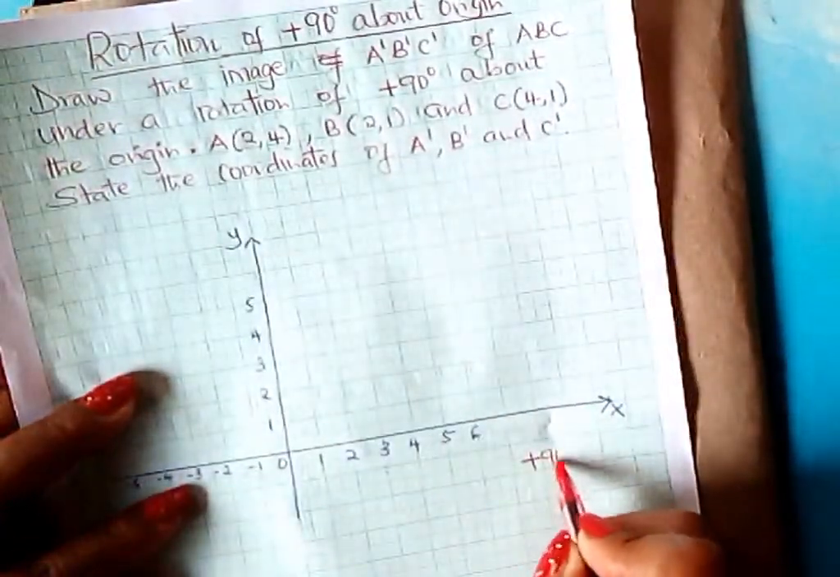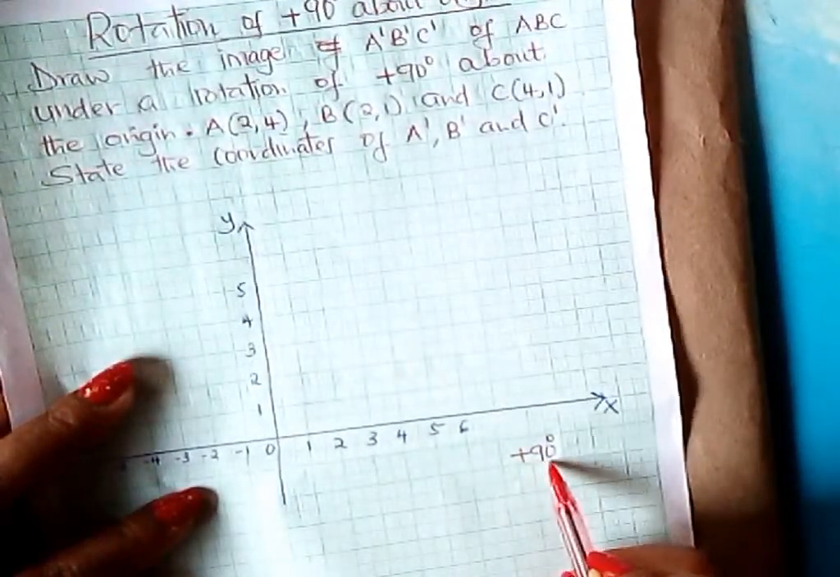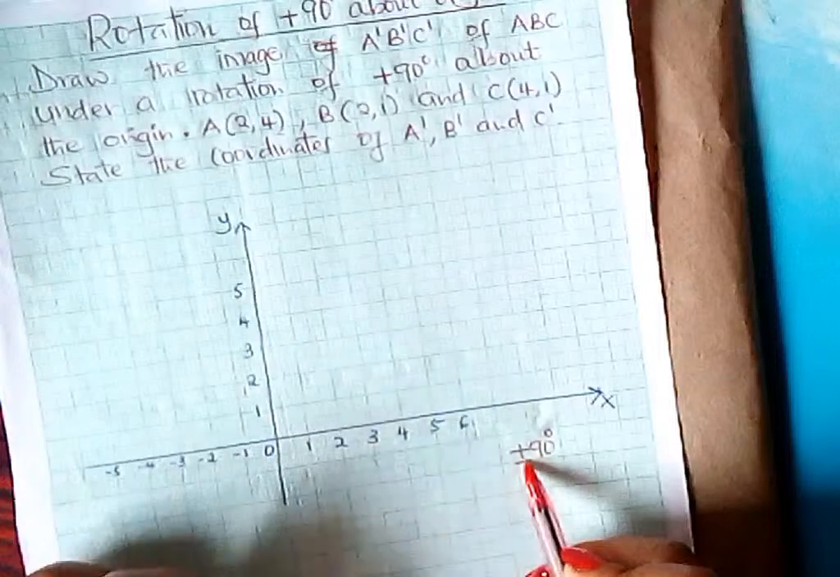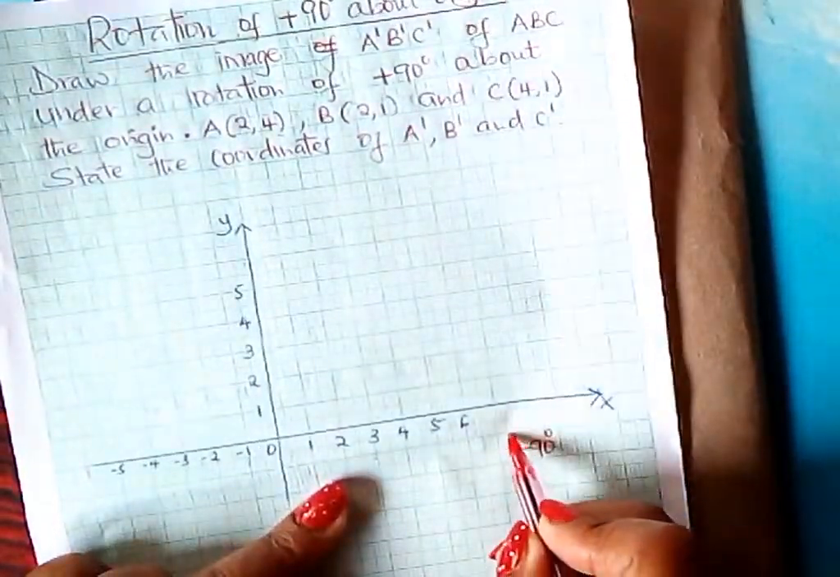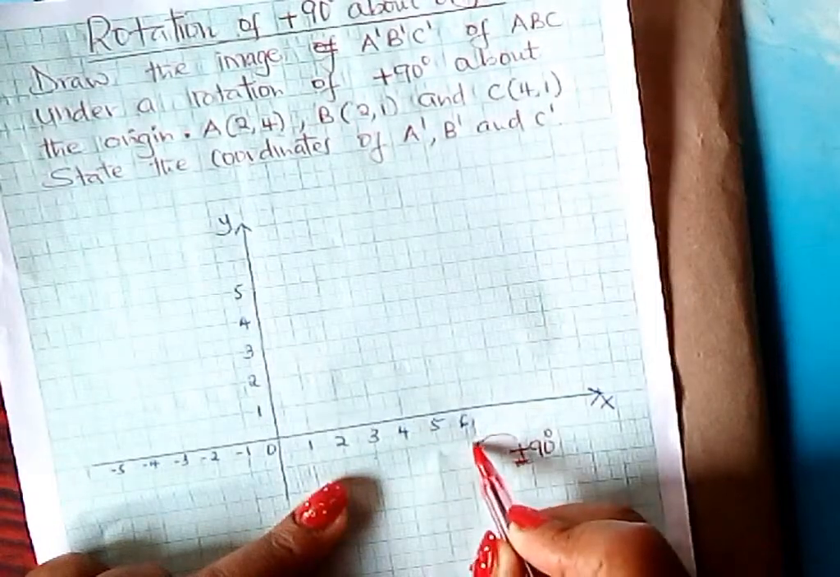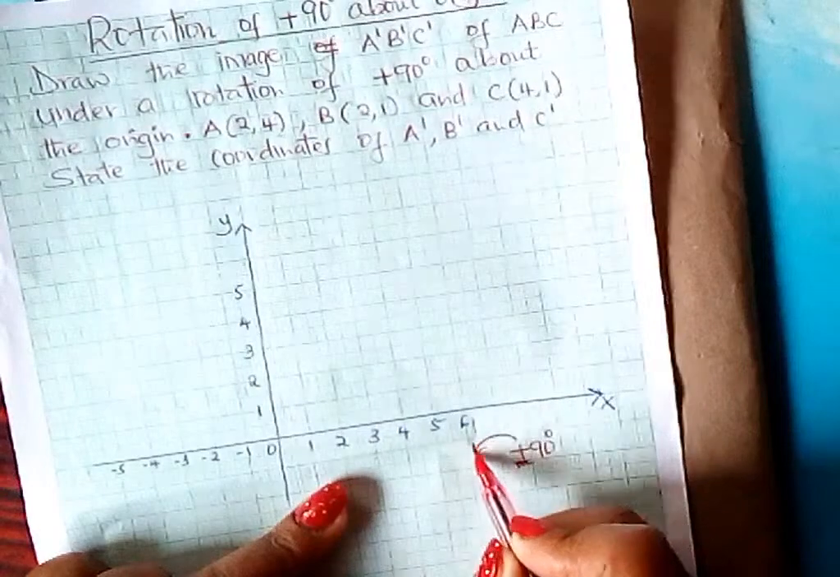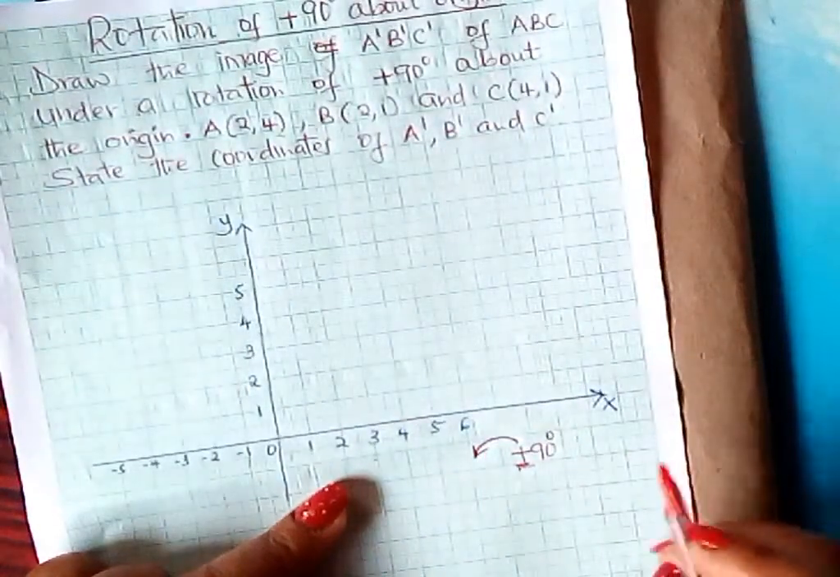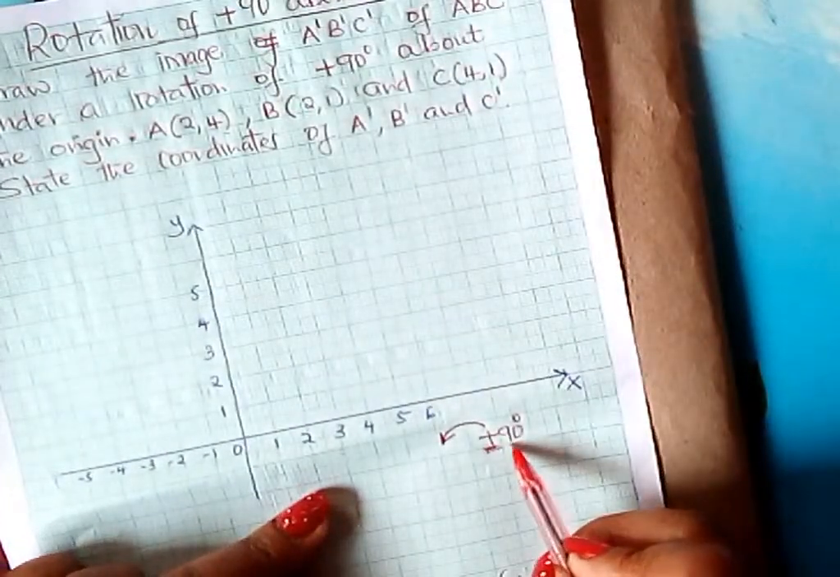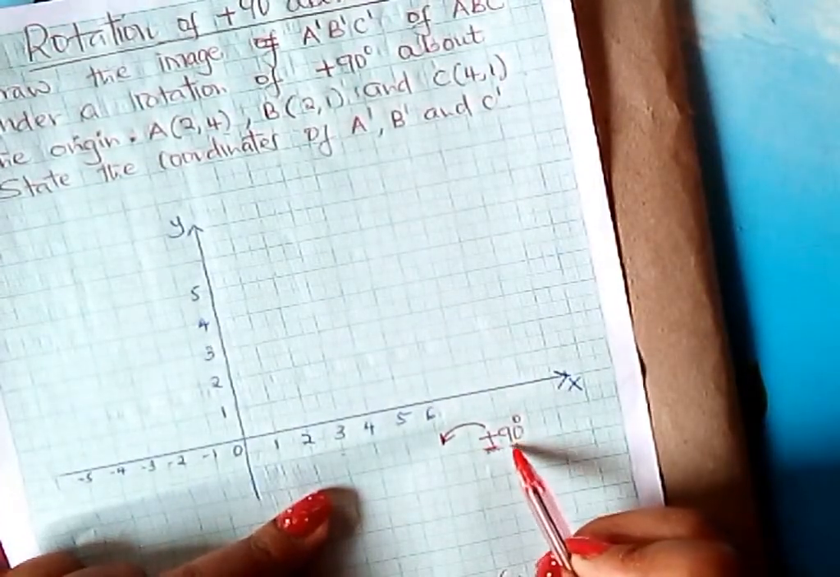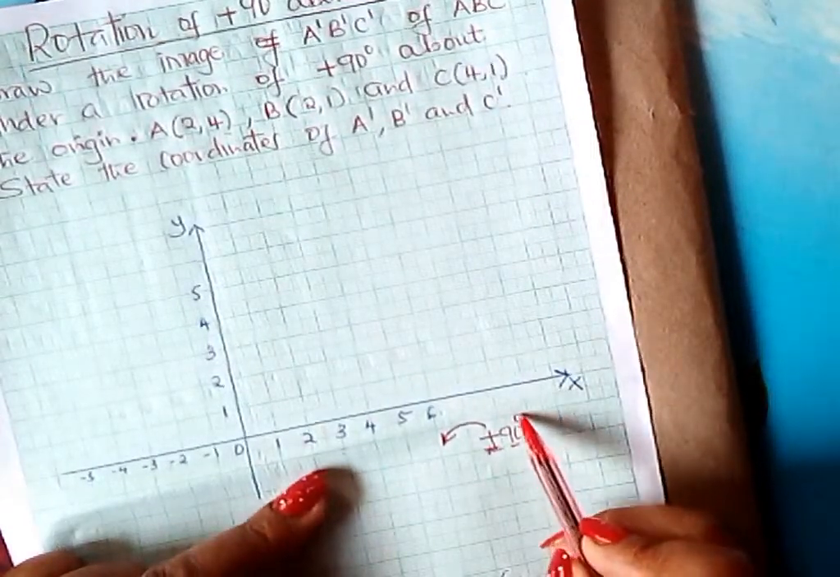Look at this, learner. Positive 90 degrees rotation about the origin. Positive means what, learner? Positive means that the object will go in the anti-clockwise direction. The rotation is in the anti-clockwise direction. Then, without construction and about the origin, not any other point, about the origin,